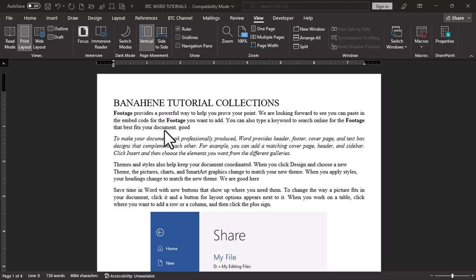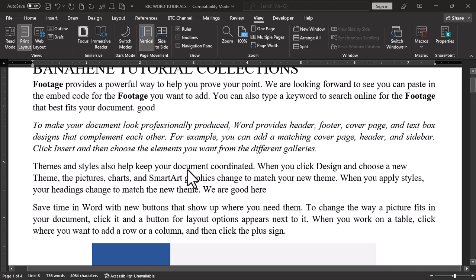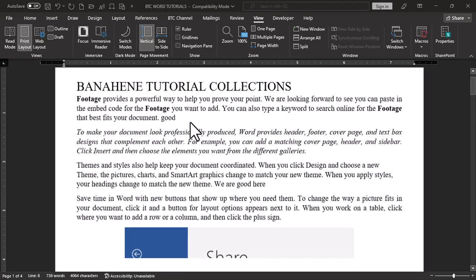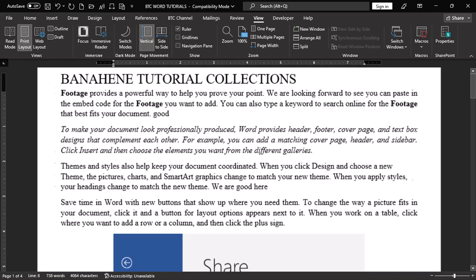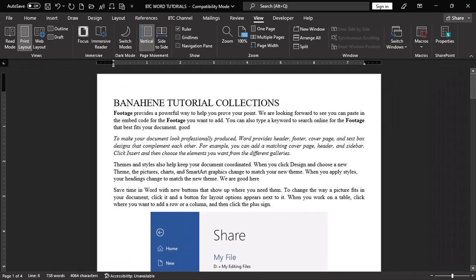document. The first approach is to hold the control key on the keyboard and use the scroll wheel on the mouse. And you can see that I am zooming in, and when I scroll down I am zooming out. So to use the combination of the keyboard and the mouse, control, scroll up, you zoom in, scroll down, you zoom out. So this is the first approach you can utilize to have a better view of your content within your Word